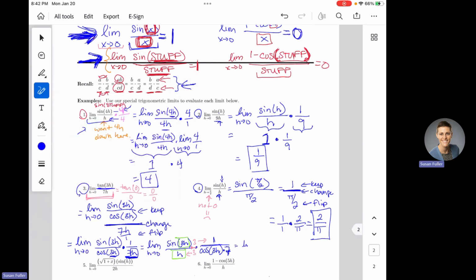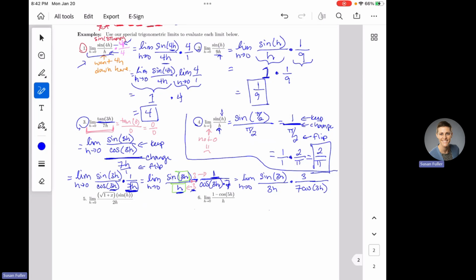So this is going to be the limit as h goes to 0. I'm sorry that this is running into the next problem. I should have had more space there. I'm going to have the sine of 3h over 3h because I'm putting this 3 with this h on the bottom. And I'm going to put this top 3 with my extra stuff over here. 3 times 1 is just 3. And on the bottom, I've got 7 times the cosine of 3h. I just reorganized because my brain likes the 7 out in front. You can leave it on the end. It doesn't matter where you put it.